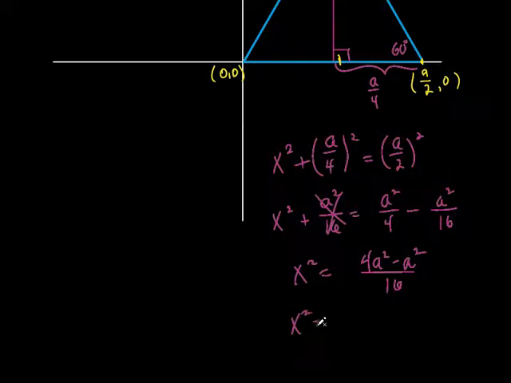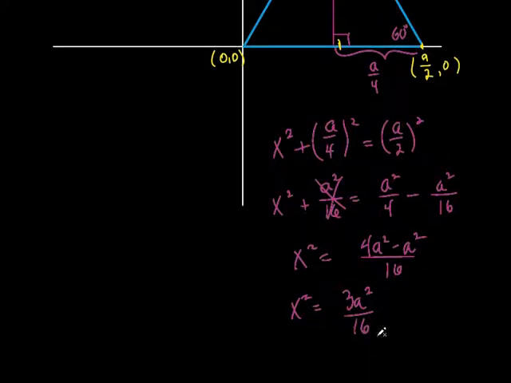Now here's that crazy answer they give you. How do we get x by itself? Take the square root. So we take the square root of this. So look what we get. What's the square root of 3? We just write the square root of 3. What's the square root of a squared? It's just a. And what's the square root of 16? It's 4. That is the length right there. So the square root of 3,